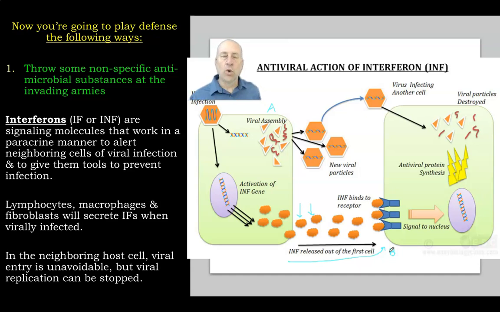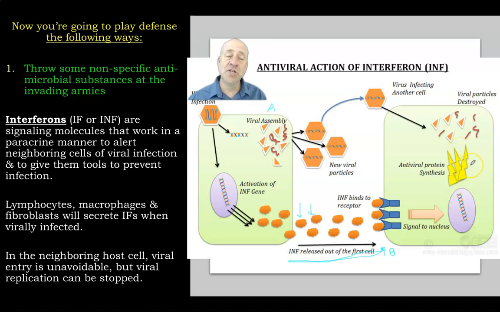Right? So what's going on here? Any cell that's infected with a virus is in trouble. It's in trouble. The cell's going to die. There's nothing you can do. That cell's done. But before it goes, it has the wherewithal to crank up interferon genes and produce a bunch of interferons, and on its way out, it releases those interferons over to cell B and any cell in the neighborhood. Those interferons bind to a receptor, they're pulled in, and that allows the second cell over here to create